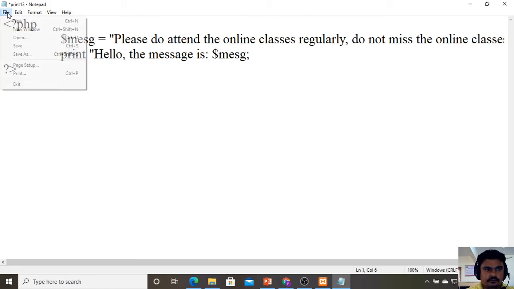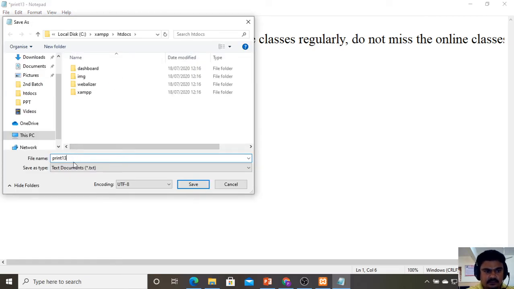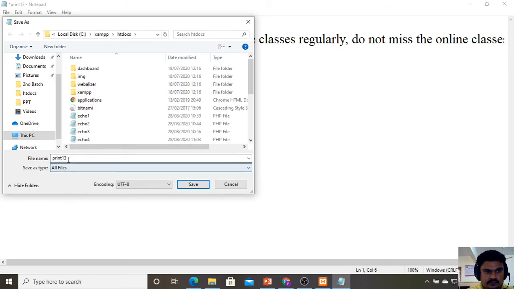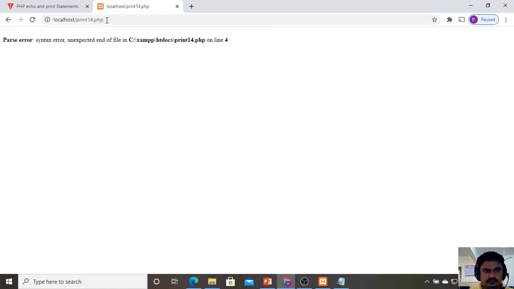Okay, so file, save as, then here I will give it as all files, then print14.php. Press enter. It is saved. Then go for the browser, change the file name to print14.php and then press enter to execute this.